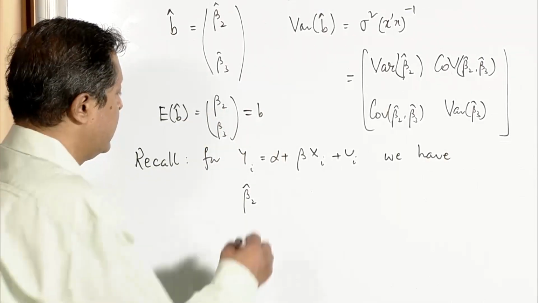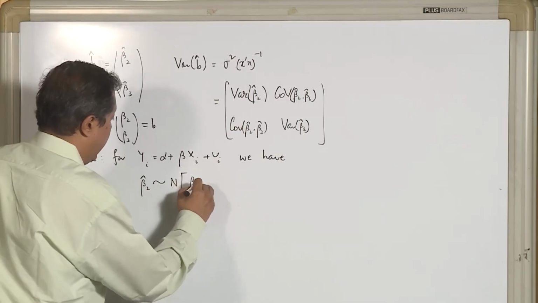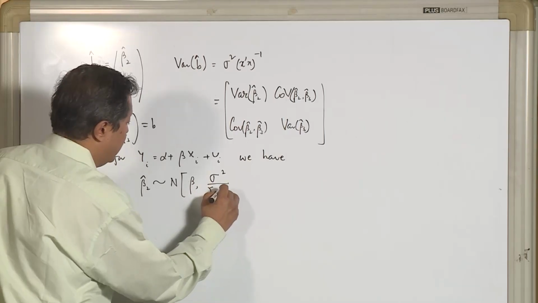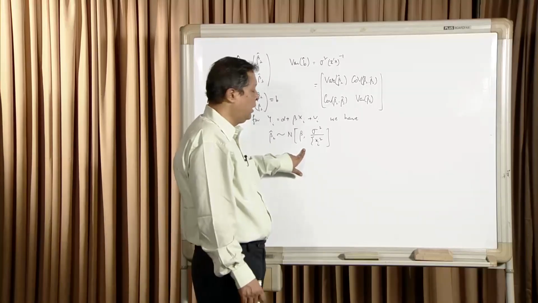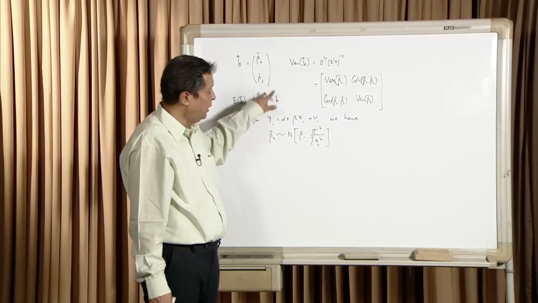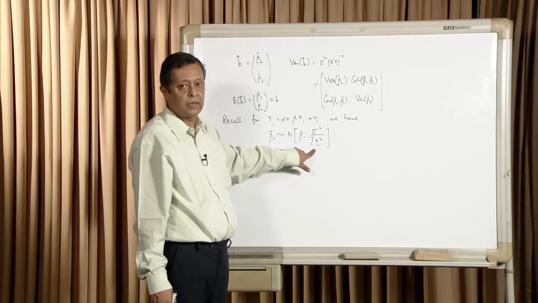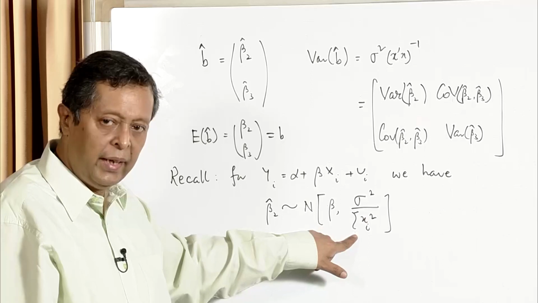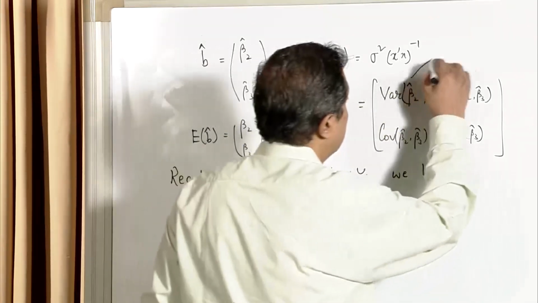So, this beta 2 hat follows a normal with mean beta and the variance was sigma square divided by summation xi square. That is the result we should be able to recall. We will see how the variance of beta 2 hat in the three variable model is going to be a modification of this expression for variance. In the two variable model, what is the format? Sigma square divided by summation xi square. Correspondingly, here we will have